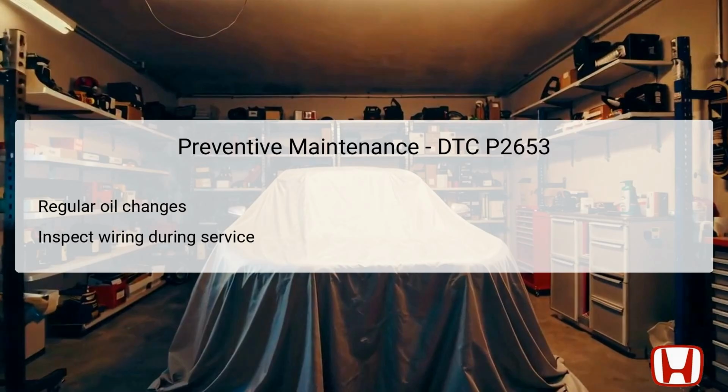Preventive maintenance is key to avoiding issues like the DTC P2653 in the future. Regular oil changes help maintain optimal engine function and prevent sludge buildup that can affect the rocker arm oil control solenoid. During routine service, it's beneficial to inspect wiring connections for signs of wear or degradation. Conducting these inspections can preempt significant issues and help maintain the integrity of engine components. Regular maintenance not only promotes overall vehicle health, but also enhances long-term reliability and performance, thus reducing the risk of